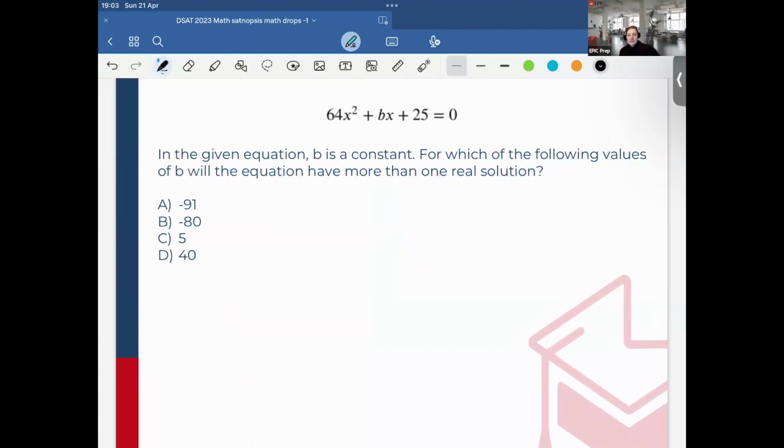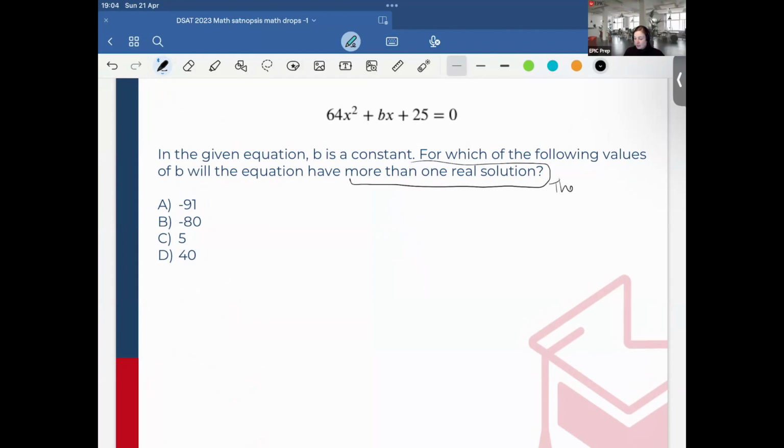Okay, so today in this epic SATnopsis math draw, we'll be looking at this question here. 64x squared plus bx plus 25 equals 0. In the given equation, b is a constant. For which of the following values of b will the equation have more than one real solution? So first,